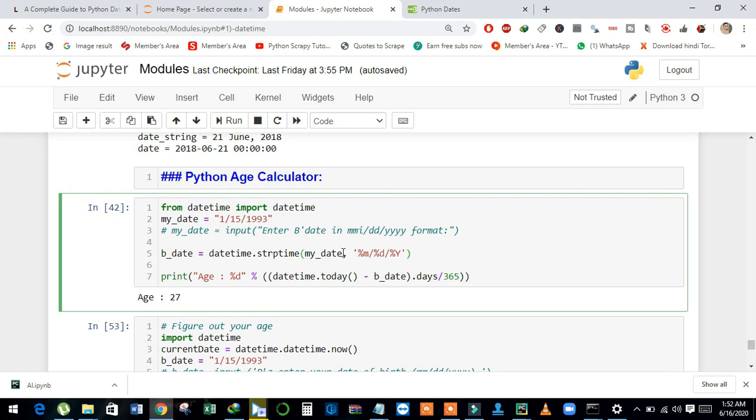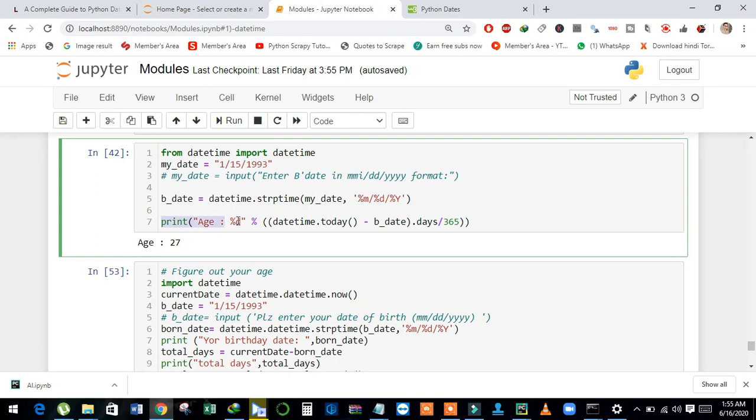I assign here the name of the string and then the format of the date. Using the print command, I will print out age colon equal to percentage d.